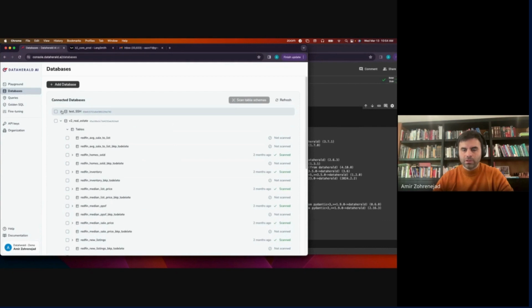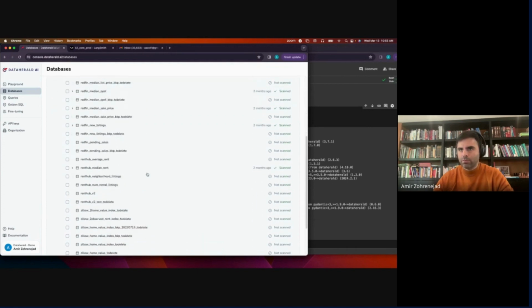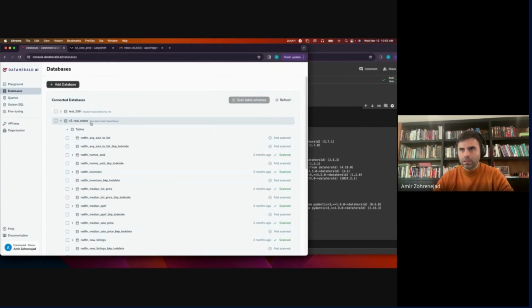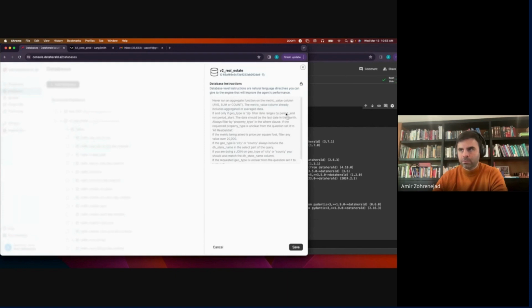For the purpose of this call, I have two databases that are connected here. I'm going to use V2 Real Estate, which is a database of US real estate data. There's a lot of tables here, but the main thing I want to show you is you can add instructions, and you can do this either through the UI or through the API. And these are going to be instructions that are automatically added into the prompts if they're relevant